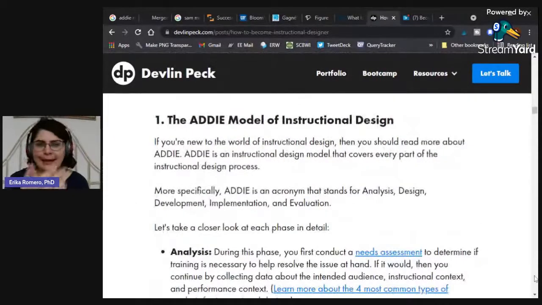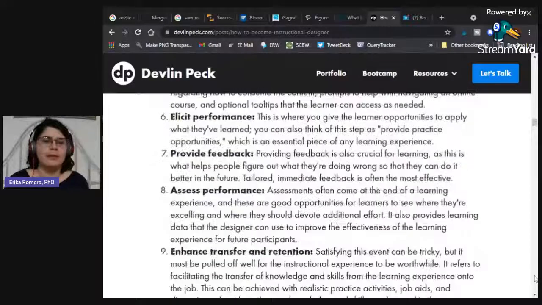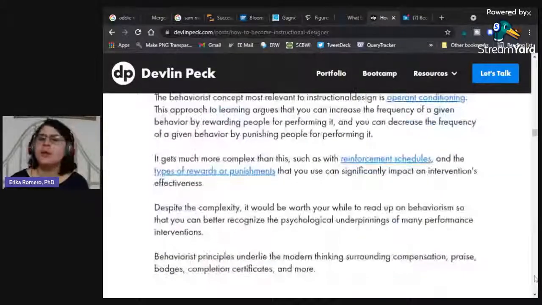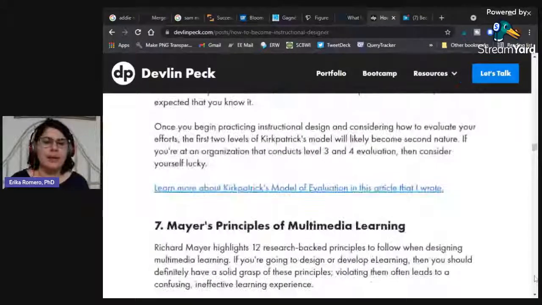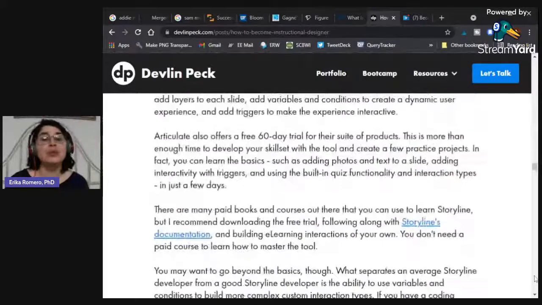Right over here, ADDIE, again, is the first one, as you would expect. Here's Gagne's. Keep on going down. There's other ones I did not mention here. So action mapping. This one is a really great source. But if you keep going down, one thing I wanted to point out is that he talks about tools,